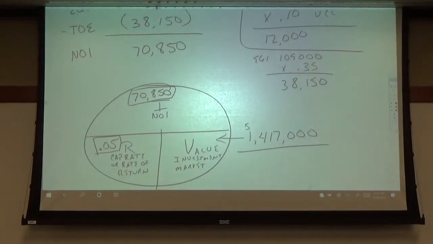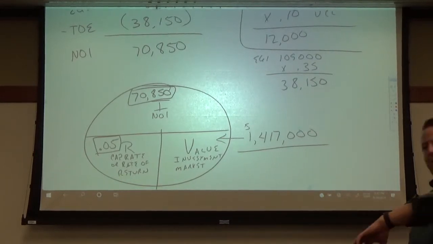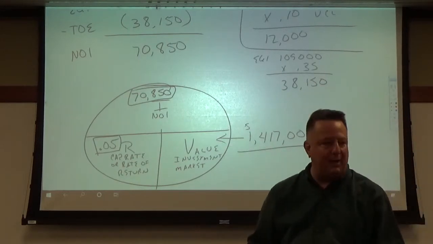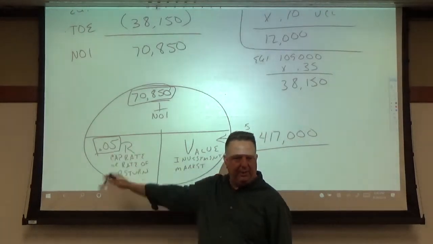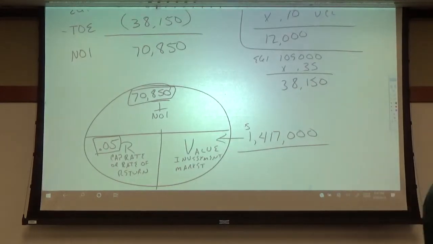Any of you, well, this example may not work with this generation, but in previous generations, you were able to open a savings account and actually get a rate of return of something greater than 5 or 6% in some instances. Now, your best bet on a savings account is probably 1 or 2 or 3% at the most. But you get the general idea. All that really is saying is, whenever you put money into a savings account, you get some sort of annualized rate of return or percent. That's basically all this is on the real estate side, saying, what is that rate of return that you would need to invest in real estate?